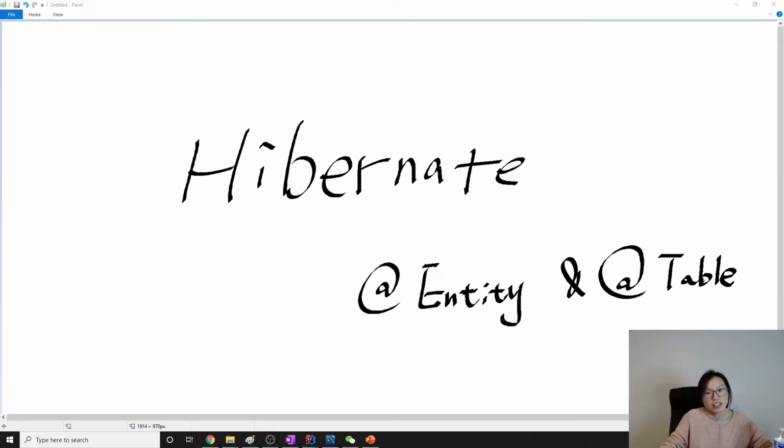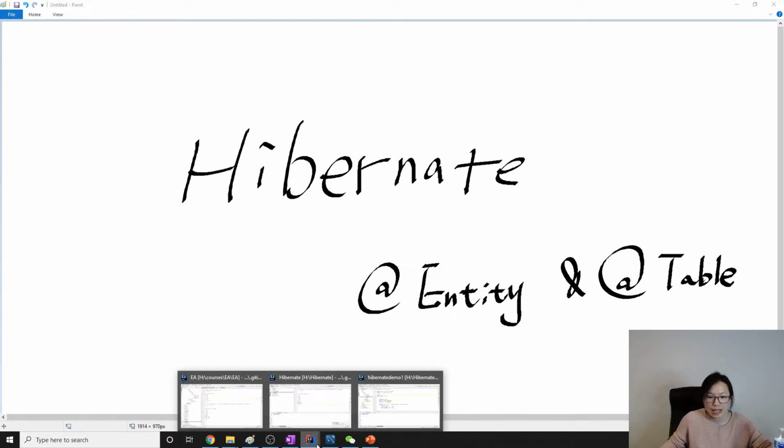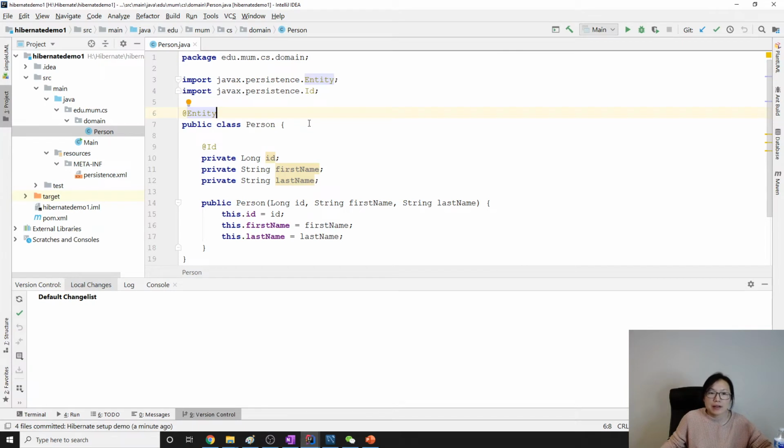In this video, I'm gonna talk about the annotation entity and annotation table. Okay, so let's start. I'm gonna continue using this Hibernate Demo 1. The source code is in the description. Okay, you can download. So when we add an entity, which means we want this class to map into a